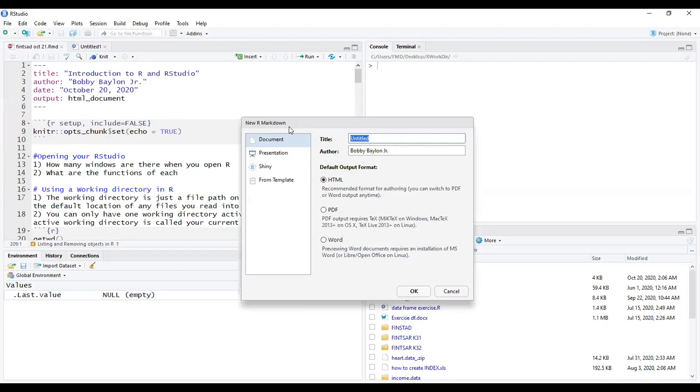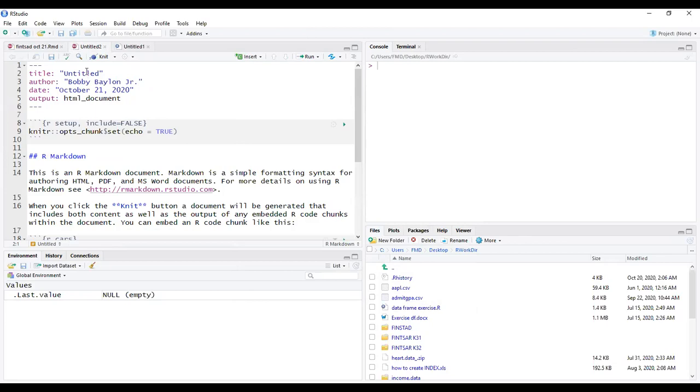Notice, guys, that it's asking you for a title. And then you can create an HTML format, a PDF format, and a Word format of your R Markdown. Let me just click this because you're going to use this, guys, for your assignments, for your cases. We're going to make use of R Markdown. If I click OK,